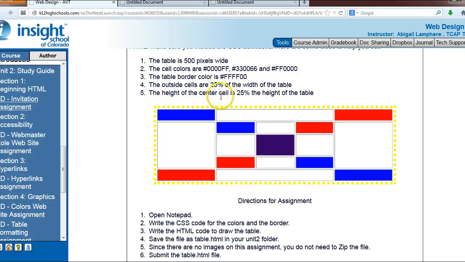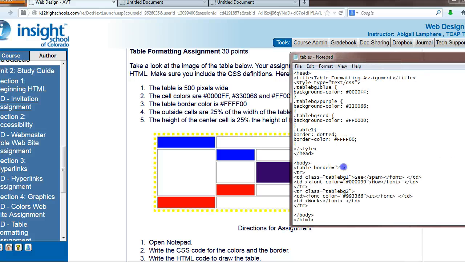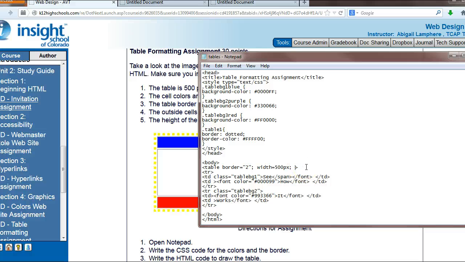So let's look at some of the other specifics it tells us about our table. It's 500 pixels wide. So in my table border code, I need to enter that information in. So I do my semicolon, sorry, and then we type in width equals 500 pixels, and it doesn't tell us a height. So if we know that 500 pixels is what is wide, we can kind of guesstimate right away, all right, if this is 500 pixels wide, this maybe looks about, let's start with 200 pixels tall and see what that gets us. So let's start with height equals 200